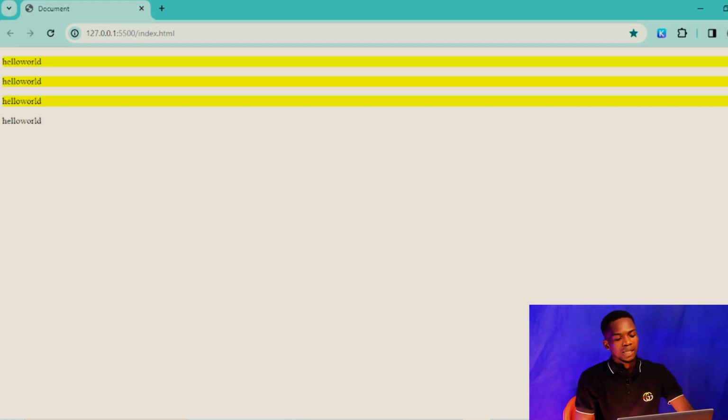So select all that, but you do not select the last one, because this last one is not a child selector. It's not a child. It's actually a descendant because it has its own parent. So our container is not the direct parent of the last paragraph we have here. That's why it does not select that. But if we want to select this one, we just need to use the descendant